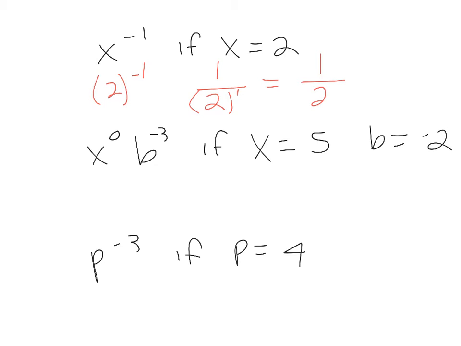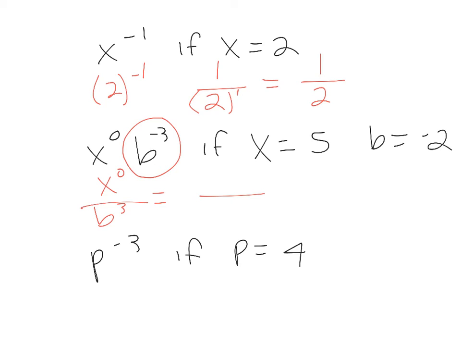There are a couple ways you can solve these. The first one, I just substituted the 2 in for the x, and then I dealt with the negatives. In this problem, or in any others, you could always get rid of those negatives first. It's up to you. So you could say, well, that's got that negative on it, so I'm going to make that positive right now. The x has the 0 on it. It's not negative, so it stays in the numerator. The negative 3 on the b means it has to drop. I'm going to draw my fraction bar,